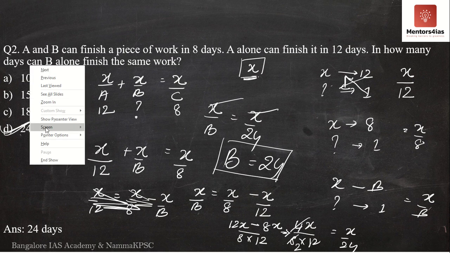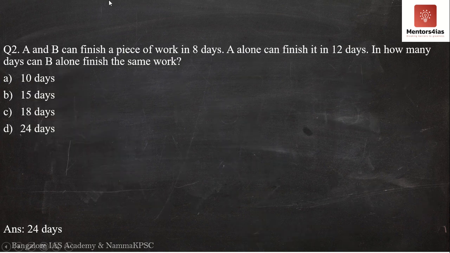Now I'll do it by the chocolate method. Now this is your chocolate method. Once again, I'm going to assume a number of chocolates to be eaten. Let me assume the amount of chocolates to be eaten be 24 chocolates. Why is it 24 chocolates? 8 and 12. Is 24 divisible by 8? Of course. Is 24 divisible by 12? Of course. 8 ones are 8, 8 2s are 16, 8 3s are 24, 12 ones are 12, 12 2s are 24. Therefore it is 24 chocolates.